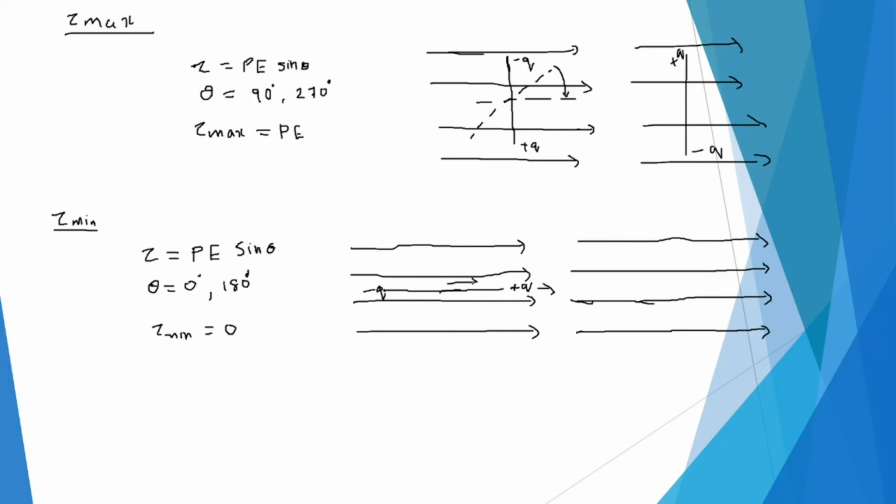And when theta is equal to 180 degree, it will be just the reverse, right? So this will be our plus Q and this will be our minus Q, and our theta is 180. That means the angle between our dipole moment, which is in this direction, and our electric field, which is in this direction, is just the opposite. So it is 180 degree. And this is known as stable equilibrium and this is known as unstable equilibrium. That's just a bit of information.